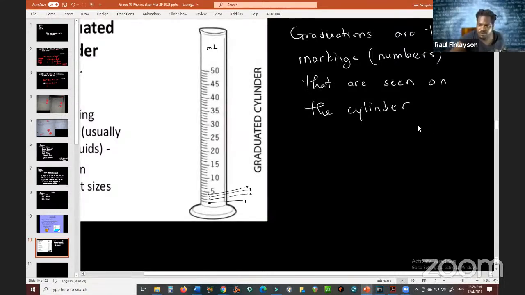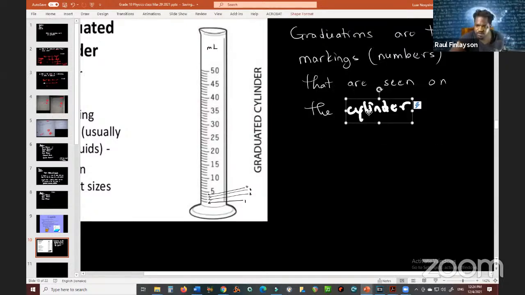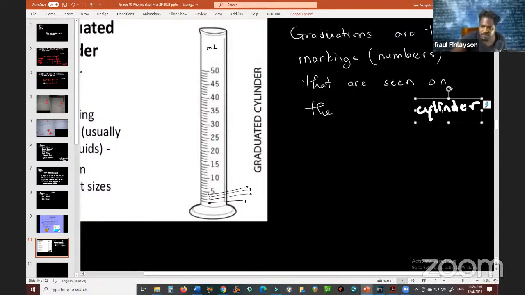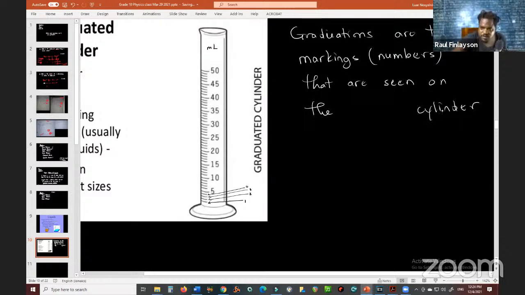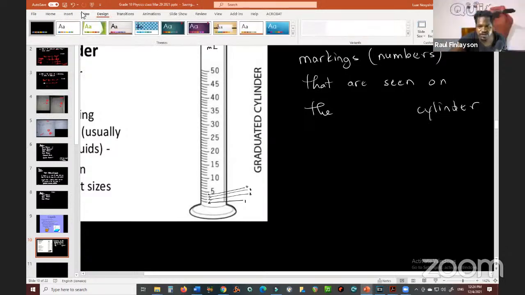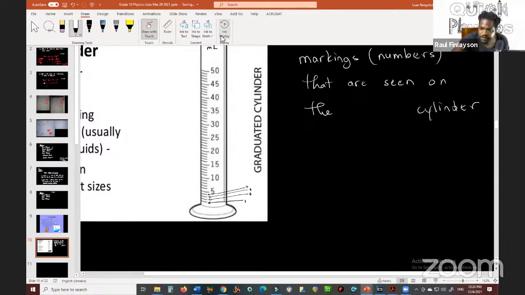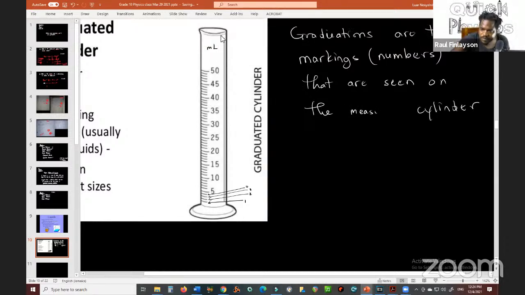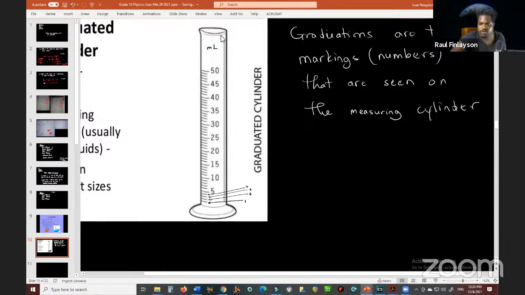All right, so let's move this and put measuring to describe the cylinder. All right, that should be in white. All right, so that should be seen on the measuring cylinder. Let's fix these. All right. So now,